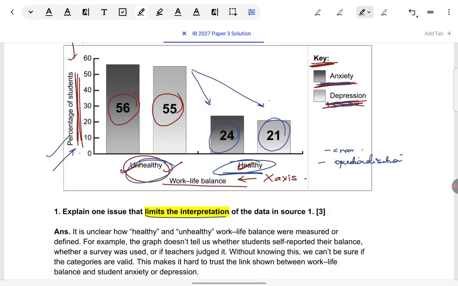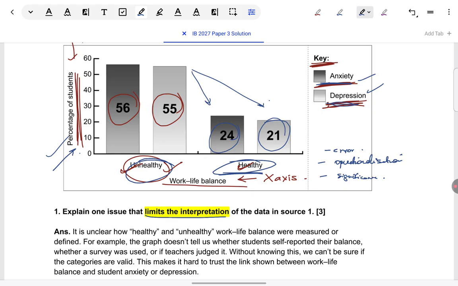Other issues can be whether any significance has been reported. Okay, there is a difference in anxiety and depression between the unhealthy and healthy groups. But is this a significant difference or not? I can't come to know just from the bar graph. If there were some error bars, I could have checked their overlap to at least estimate the significance, or even better, if there were some probability values, then I could have judged exactly whether the results are significant or not. Like I told you, there can be very many issues. These are the most relevant generally.